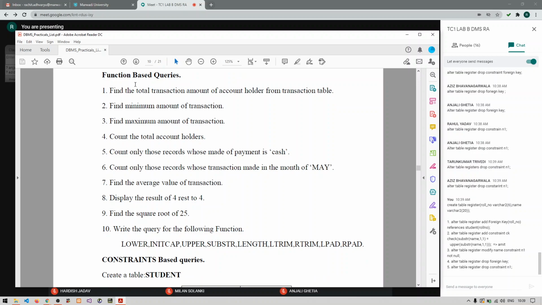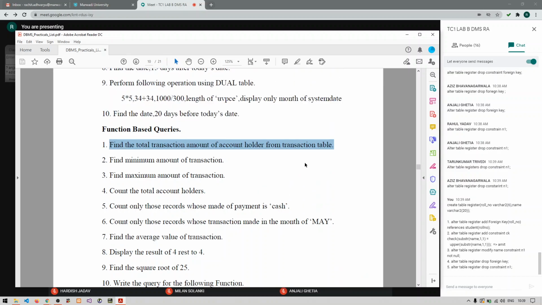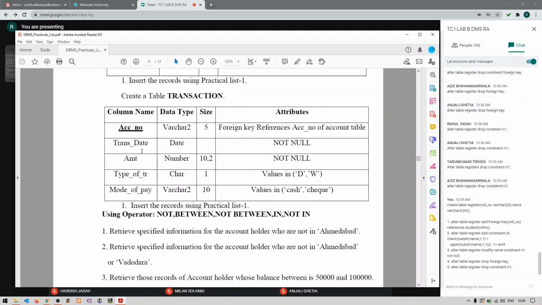Right. So Tarun, give me the answer of the first one. Find the total transaction amount of all the account holders from the transaction table. This is the transaction table. Find the total transaction amount of all the accounts from the transaction table. So give me the answer. Find the total amount of transaction from the transaction table. Tarun,